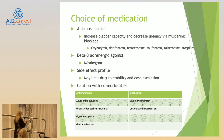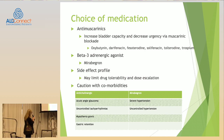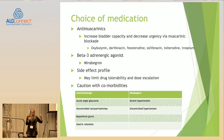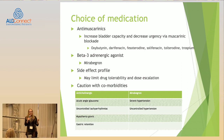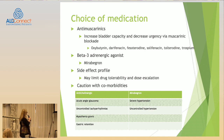All right, so what medicines? As we mentioned about the blood-brain barrier, there is one called trospium on the end. That one is a quaternary amine, which means it's different than the other ones, which are tertiary. The tertiary ones cross the blood-brain barrier. Trospium does not. So that might be a drug for anyone who has involvement of the central nervous system. And then we mentioned the new one,